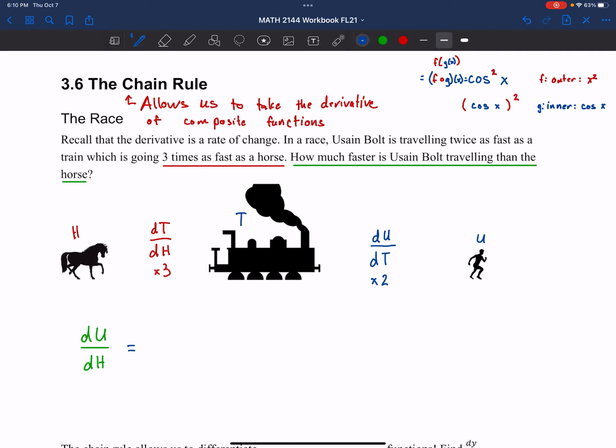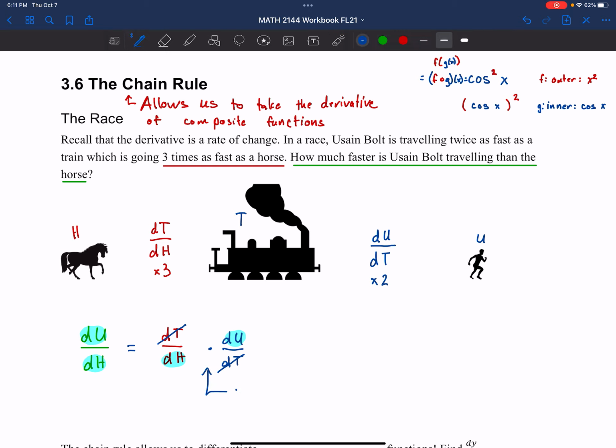Notice that if we take dt dh and multiply it by du dt, we have a cancellation that occurs between the dt's, and that's where we get du here and dh here. So you can see that for the chain rule,